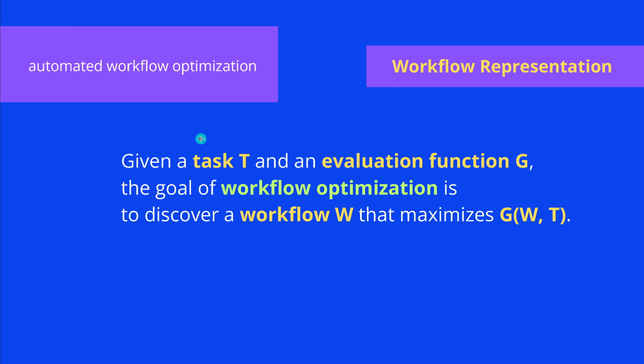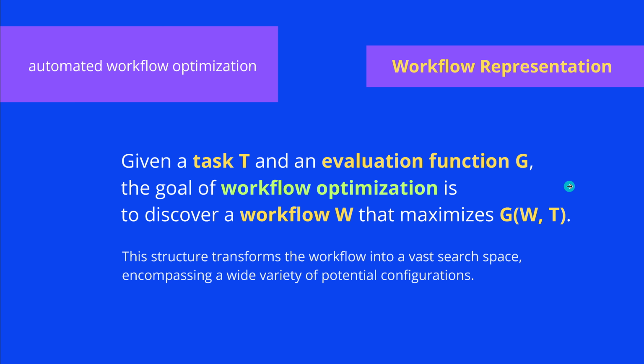So what we have? We have a human task, the query, and an evaluation function that we can evaluate the performance here. The goal now of the complete workflow optimization here in AFLOW is to discover here a particular solution, a particular workflow W that maximizes here the evaluation function that depends here on the specific multitude of workflows and the user query, the user task. This is it. This is the core concept that is behind all of this.